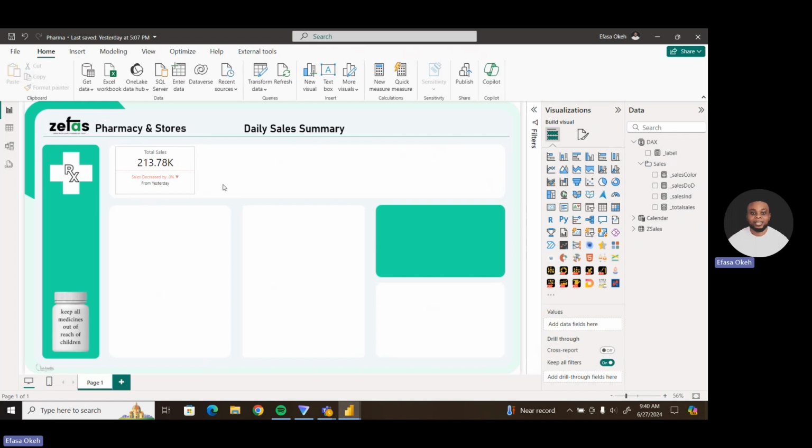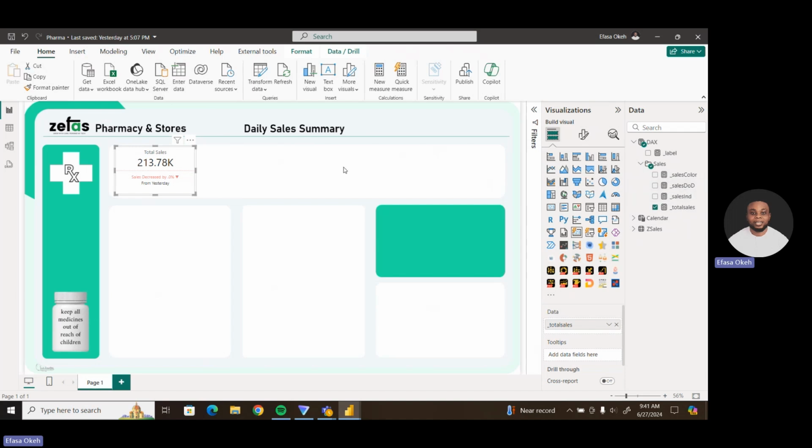So we're actually done with the formatting for our card visual. We've done this for total sales. We need to replicate this for cost, for profit, quantity, and footfall. So I'm just going to be doing all that based on these four measures we created here already. And it's going to be a little bit fast because we've already done this. It's just for us to copy the same measures and replicate them for cost, for profit, for quantity, and